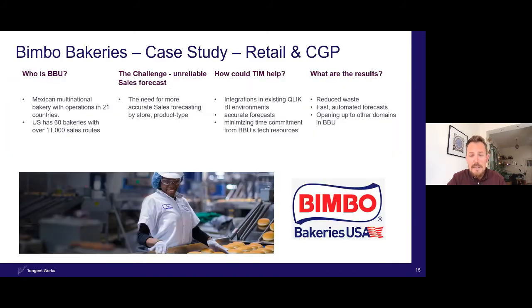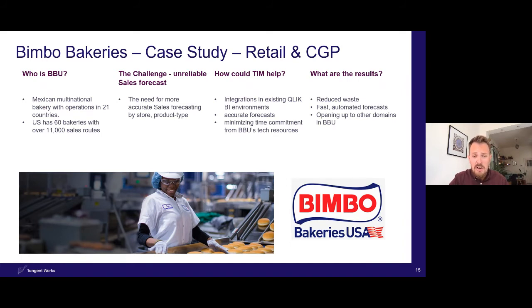So on the next slide, the first example is Bimbo Bakeries. That's one of our biggest customers in the food industry. You could also call it retail supply chain, CPG. This is a company that is basically the biggest bread bakery manufacturer in the world. They have 60-70 bakeries in the US. It's a North American company, mainly active in Canada, US, Mexico. They have around 11,000 outlets, so a big organization. They make the buns for McDonald's. They make bread which is sold all over Walmart in the US.